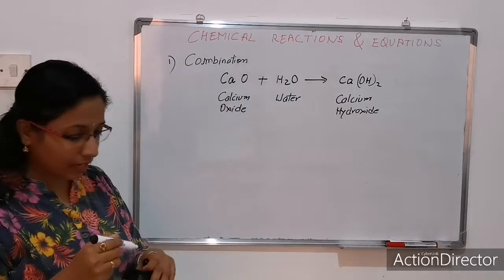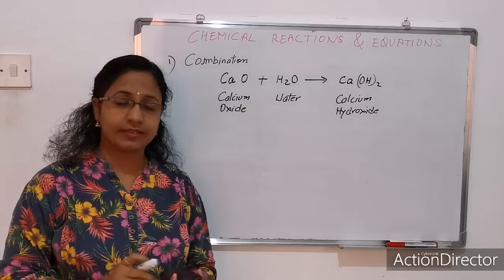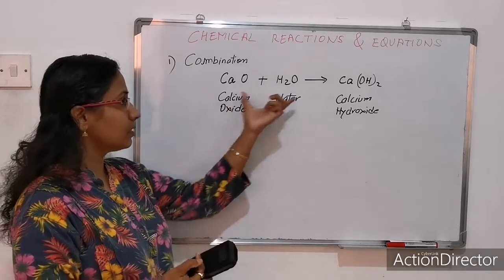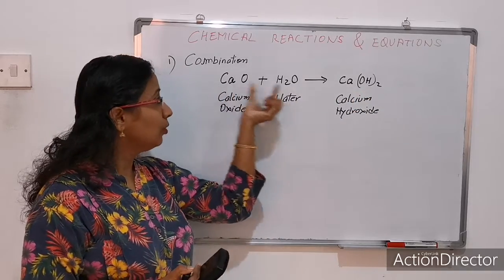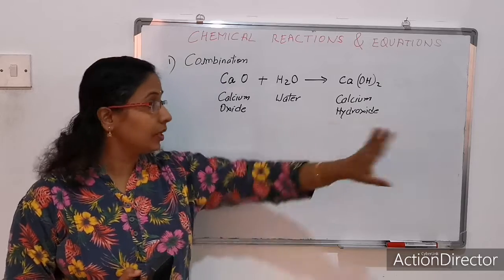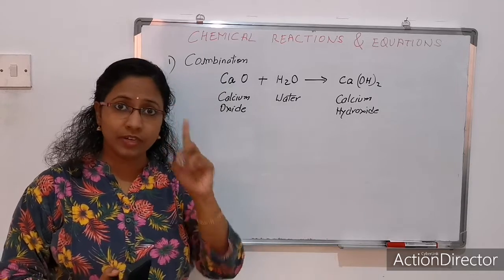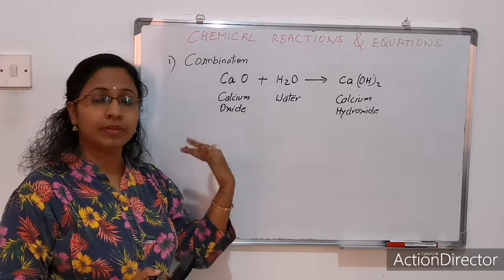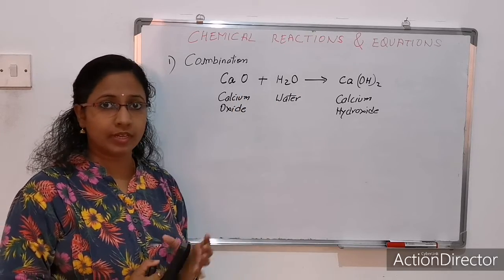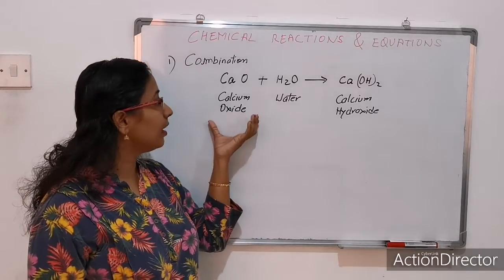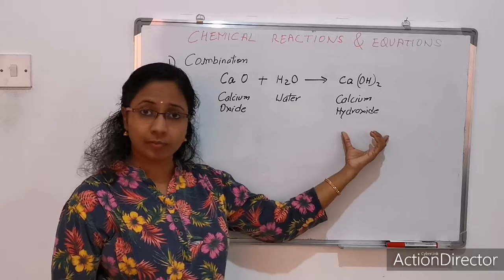Okay. Now why I am telling you to learn this as an example of combination is, first of all, of course it is an example of combination. There are two compounds which are added to give one single compound. On the product side there should be only one compound. Okay, and here it can be metal, metal plus compounds, two compounds or anything. Okay, now this is calcium oxide plus water gives calcium hydroxide.